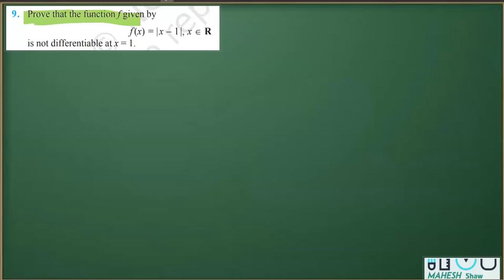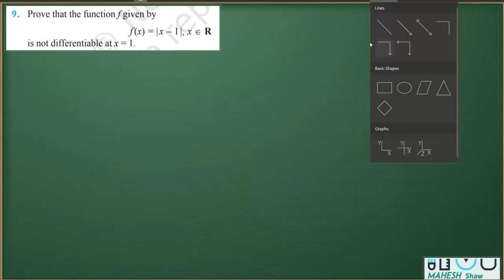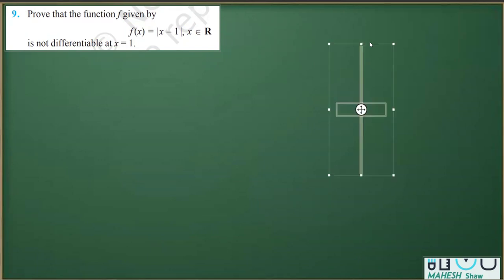In this question from chapter 5, we have to prove that this function f(x) = |x - 1|, where x belongs to R, is not differentiable at x = 1. In fact, any modulus function is not differentiable at its turning point. Let's say, for example, if I